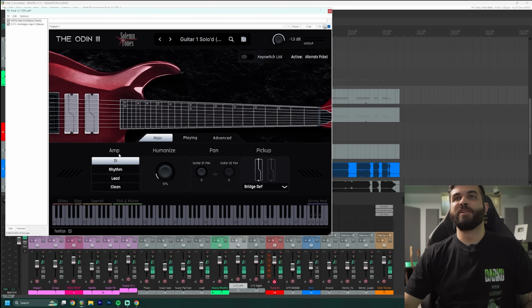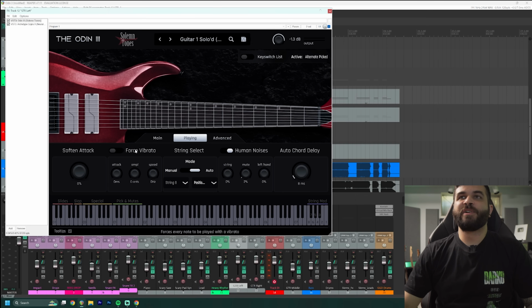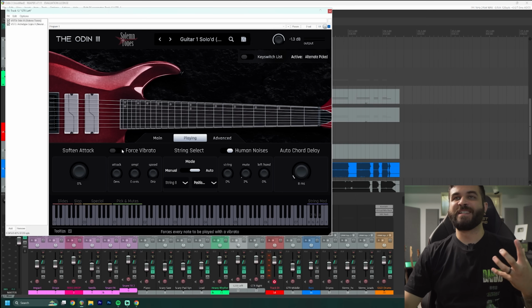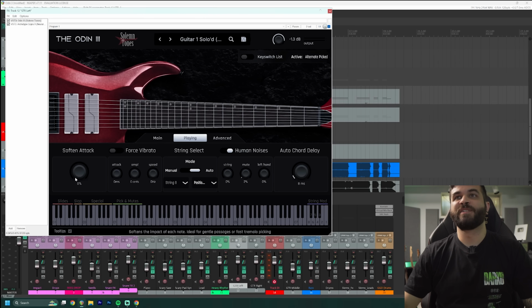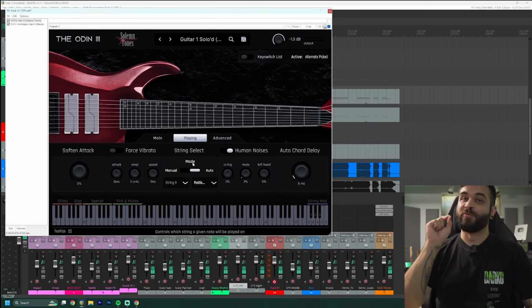And then you have the tone over here, which I have selected as the DI, but you can do rhythm, lead, or clean as well. Moving on to the second window, this is where you can have a lot more control of the playing style of the plugin. So you can enable human noise, which is very important to make it sound realistic. You can force vibrato, soften attack, and even select which string you want to be played, which is really, really